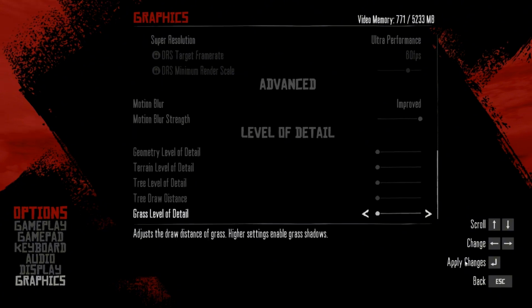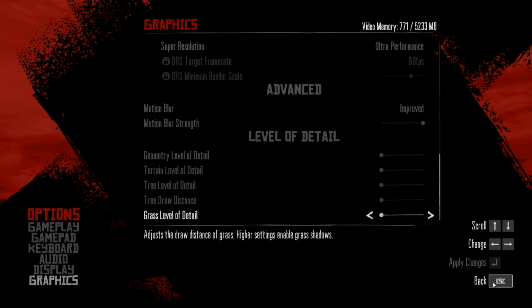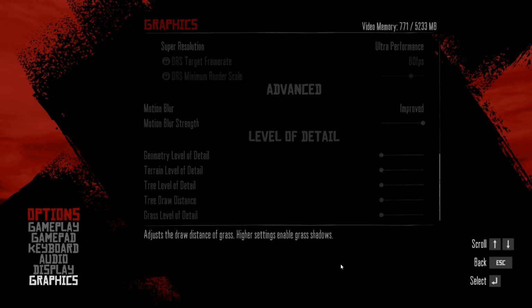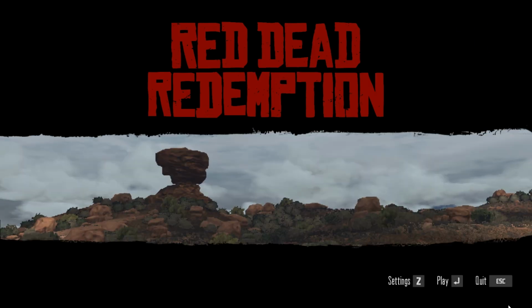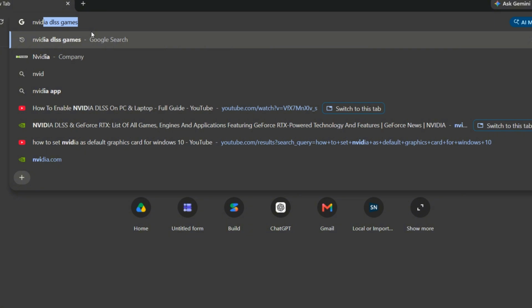After changing the settings, apply the changes and restart the game if required. Now, DLSS will use your NVIDIA RTX GPU's AI technology to improve performance and increase FPS while maintaining good image quality. To check if your game supports DLSS, type in your browser NVIDIA DLSS Games and click on the first